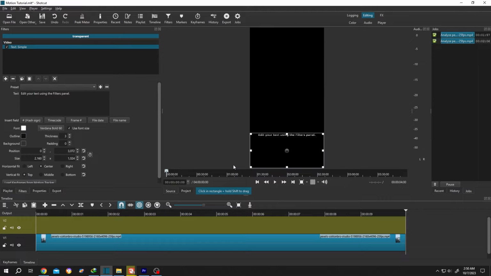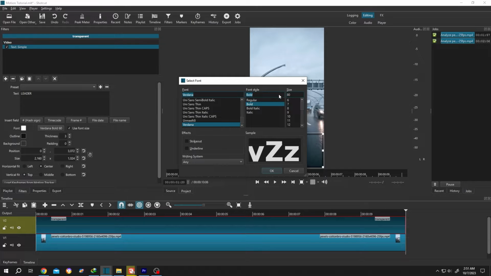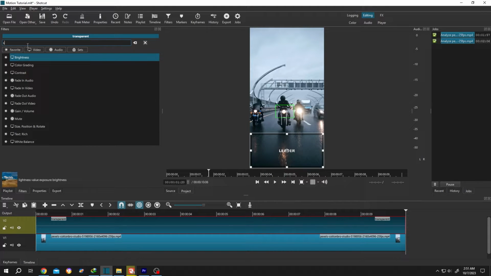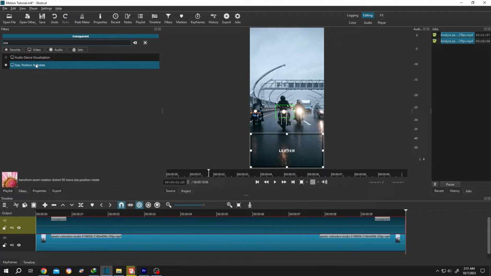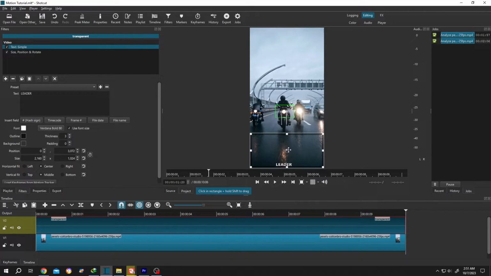simple text, open, left click, drag and drop, give it the same length as our video clip, change the text, leader, size 80, then press on OK, center it, click on the plus again, search for size, position and rotate, single left click. Now position the center, drag, select the simple text, position it where you want,